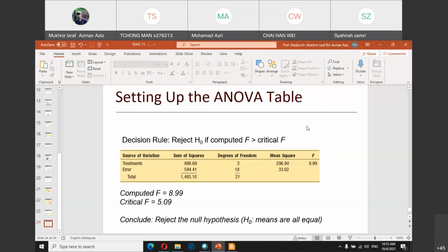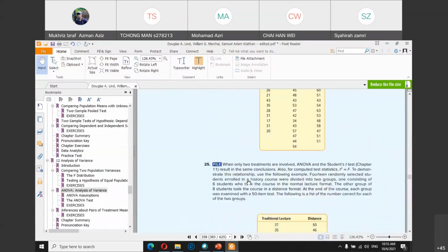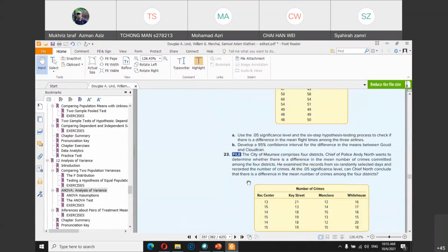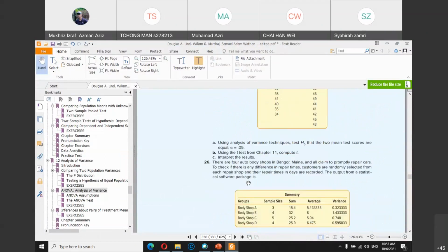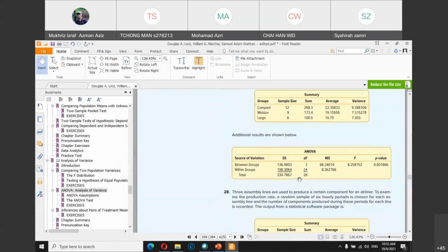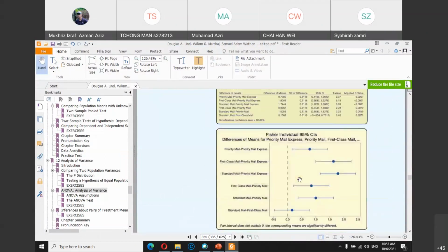So you're going to repeat the process. If you look at the textbook questions, basically the question for ANOVA is very similar. Okay, it's almost like the same question all over again. It's just the difference whether you are doing 3 groups, sometimes you are doing 4 groups. Okay, so for example here,